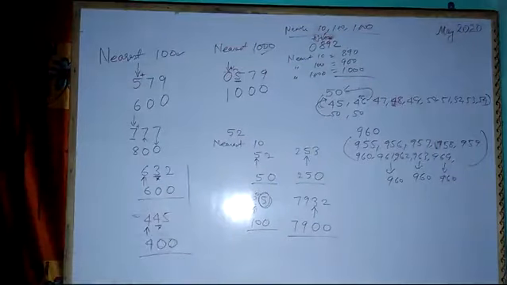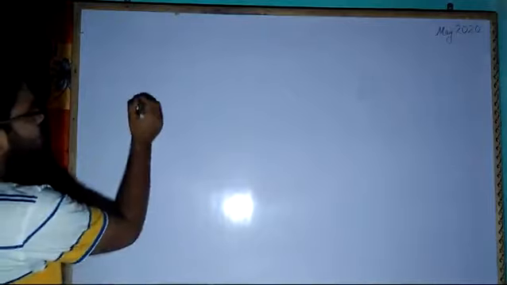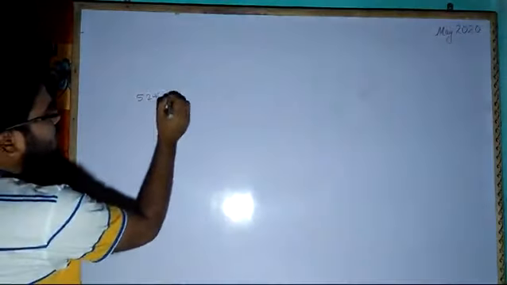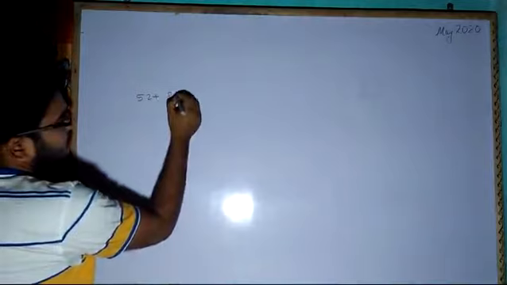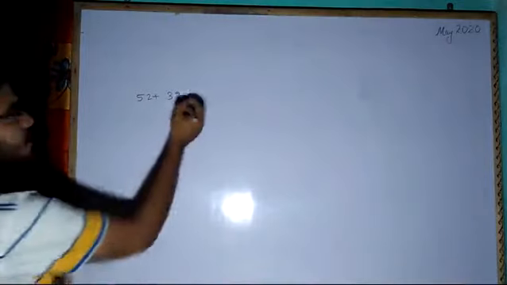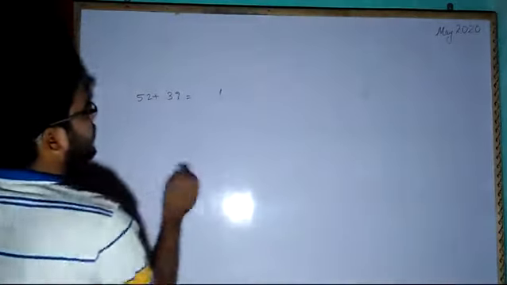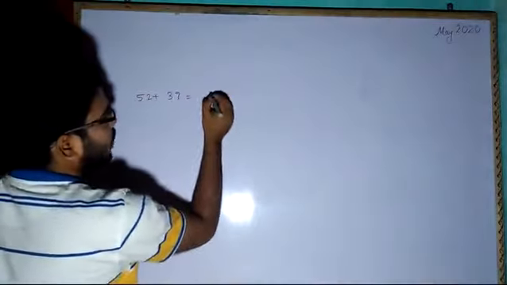Now I will be teaching you estimates. Now what is the use of round off? Why are we doing round off of any number? Why is it required? The answer is, when we round off any numbers, then we estimate the values. We roughly calculate any values. For example, if I ask you to add 52 plus 39, it will be like 9 plus 2, 11, 5 plus 3, 8 plus 1, 9.